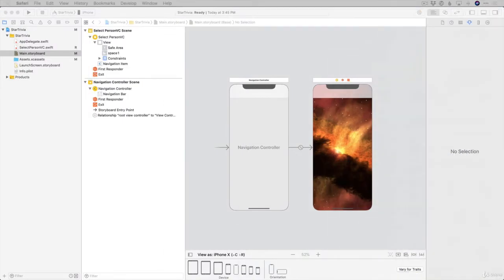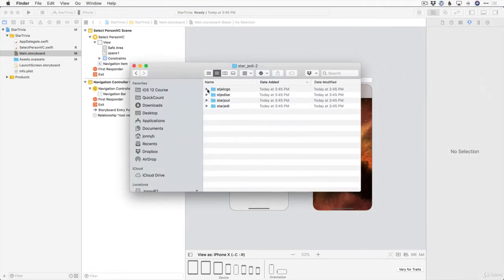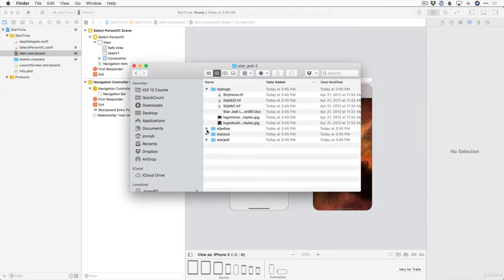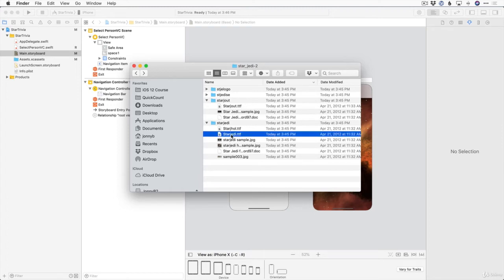I'm gonna move this and open that folder up. All right, so after opening that up, you should see a number of folders that look like this, okay? And what we want are the .ttf files here. And we want, let's see here, from the Star J Out and the Star Jedi, we want the Star J Out, Star J Holo, and Star Jedi fonts. So go ahead and grab those three, Star J Out, Star J Holo, and Star Jedi, and just drag those